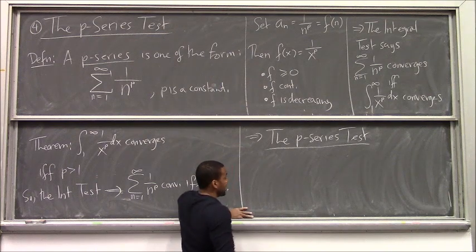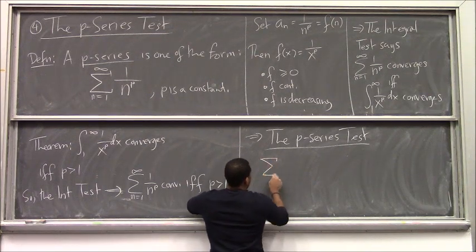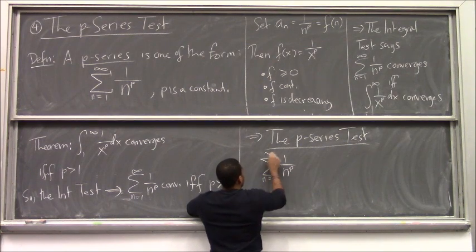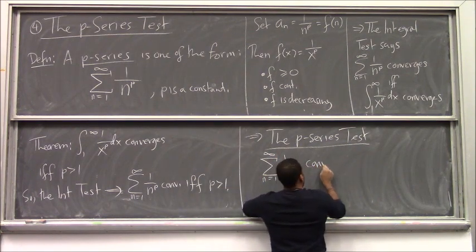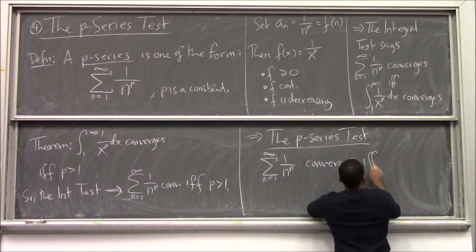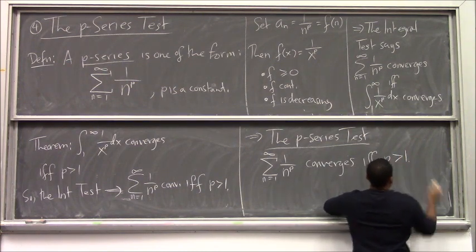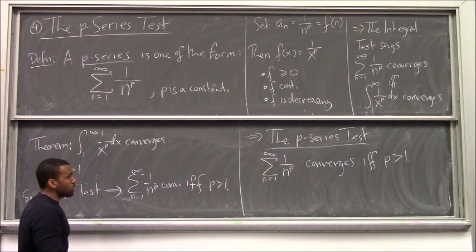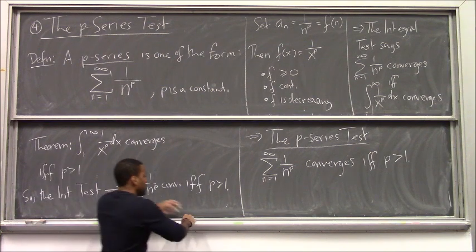It's basically the test that says, if you see a series 1 over n to the p, it converges if and only if p is larger than 1, meaning it will diverge in all other cases. If your p is equal to 1 or less than 1, it will diverge. One thing you can note,